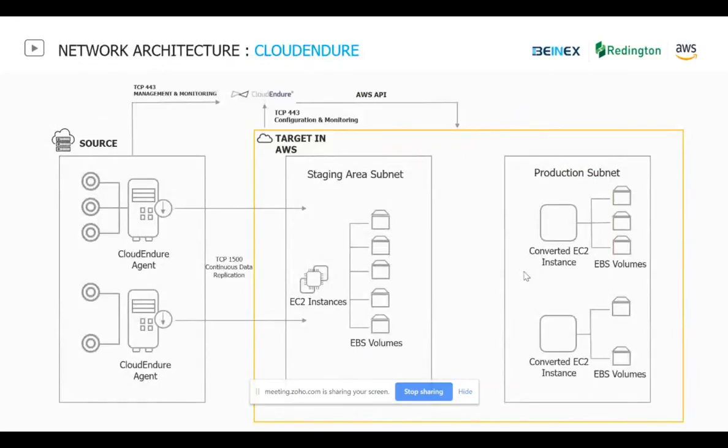Let's understand the network architecture of Cloud Endure, how it works. So we all know in the source, you have to install agents. Agents are installed on the source VM. It could be physical machines, it could be virtual machines, anything, but you have to install agents. Once the agent is installed, and if you have allowed connectivity to console.cloudendure.com on port 443, as you can see, it will be able to make API calls, and based on that, staging areas can be created for you. I'll talk about the staging area in a minute.